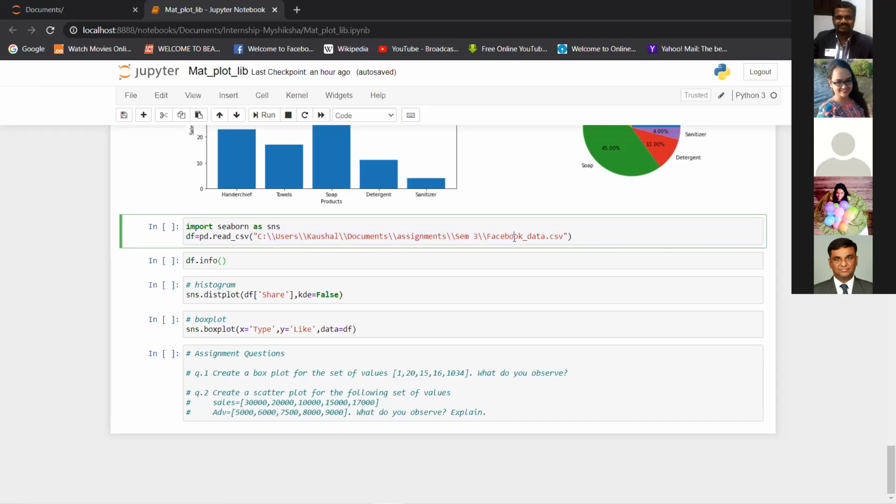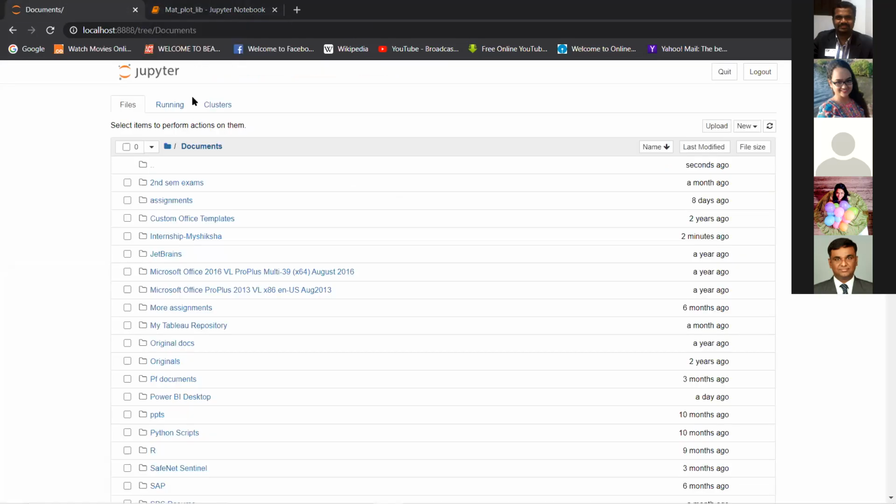Okay, so if you have the notebook right now, I have also shared this Facebook_data file. I think you might have it. I'll give you some time to download it from WhatsApp and place it in a folder, because this is my folder. So you can place it in a folder and put the path here. Or if your Jupyter notebook is open, for example, I have currently opened the documents folder, right?